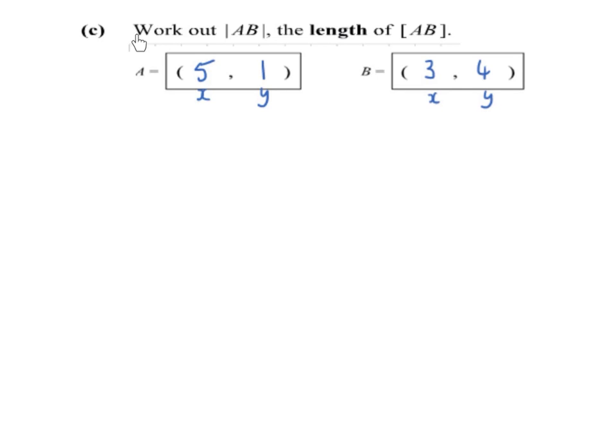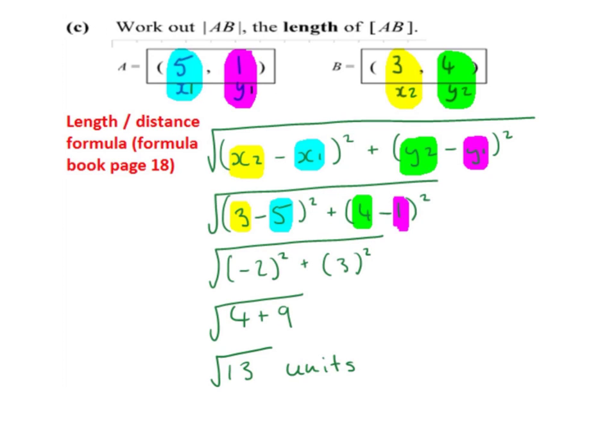Part C. Work out AB, the length of AB. So these lines here mean length or distance. So we want to find the distance from the point A to the point B. So in coordinate geometry, if we ever want to find the length or the distance between 2 points, we have